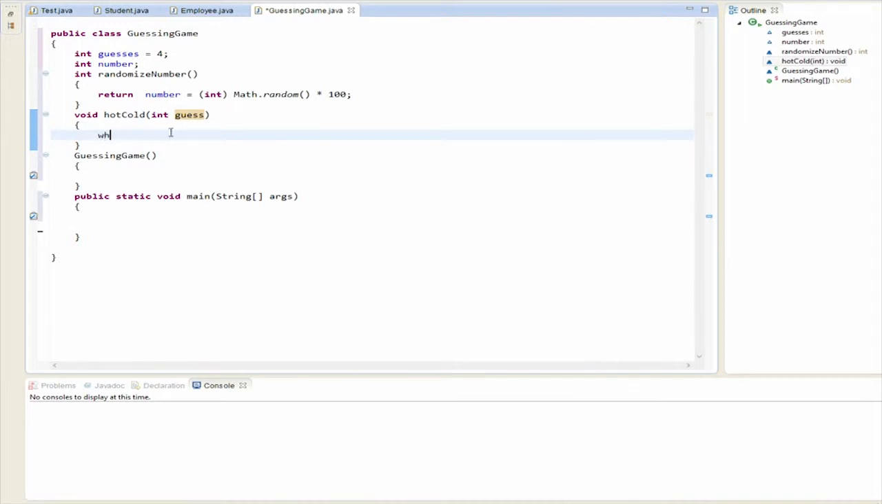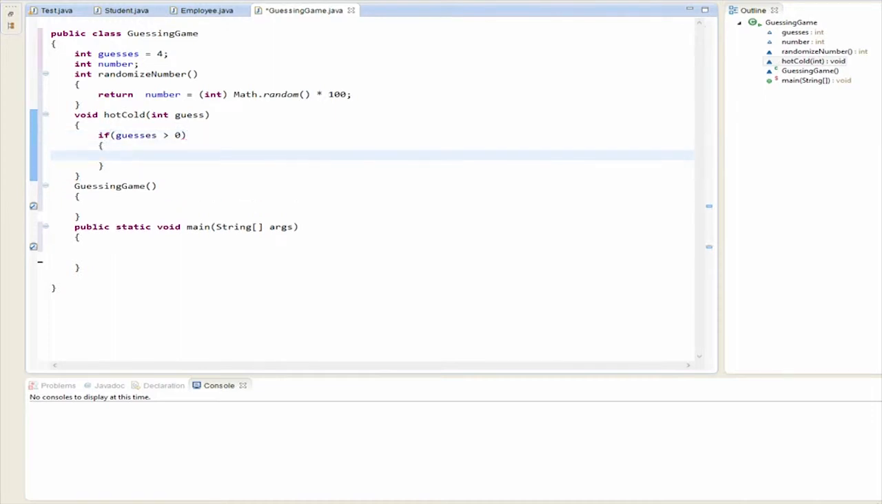So now we're going to check to see how many guesses you have. So while guesses is greater than 0, then, but this is only going to be an if. So if, now we're going to go through and say if the guess is more than, okay, so now we're going to do another if. So we're going to say if guess is more than number,